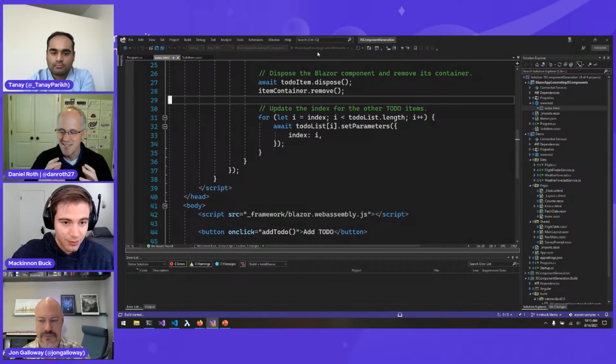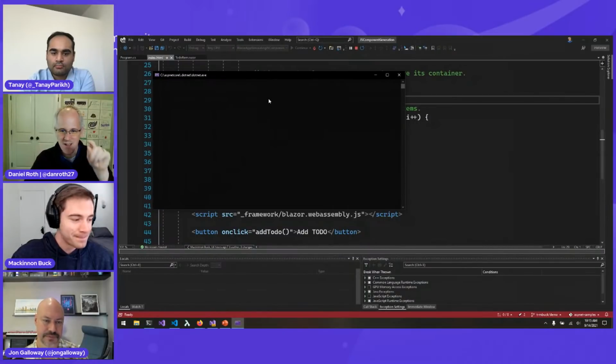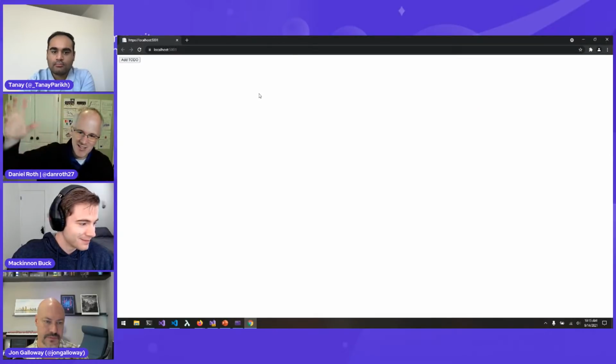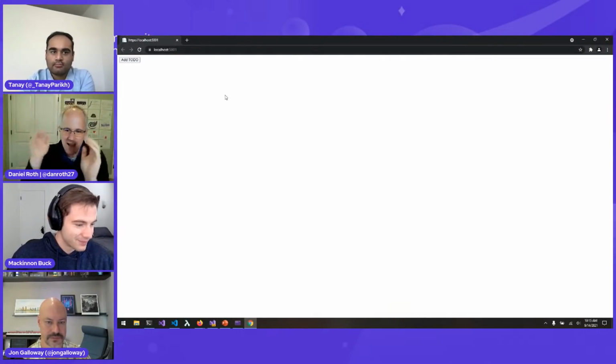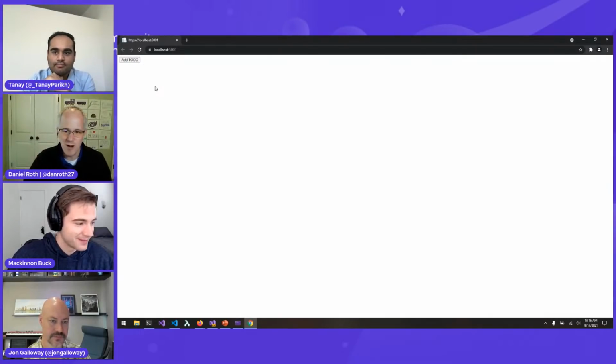So this means that if you have a bunch of JavaScript code and you want a button where you say in JavaScript, when I click this button, I want to actually render a Blazor component, you can write JavaScript code that says, yeah, sure, no problem. We'll render a Blazor root component right here. So you can integrate your Blazor components into existing JavaScript code instead of having to try and rewrite things wholesale